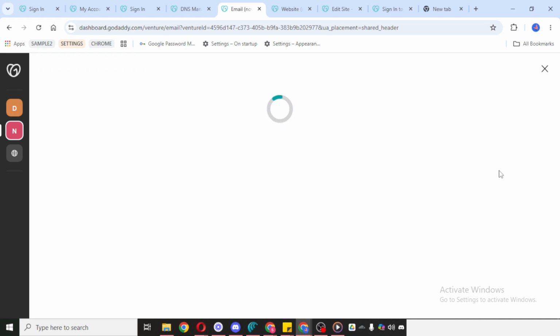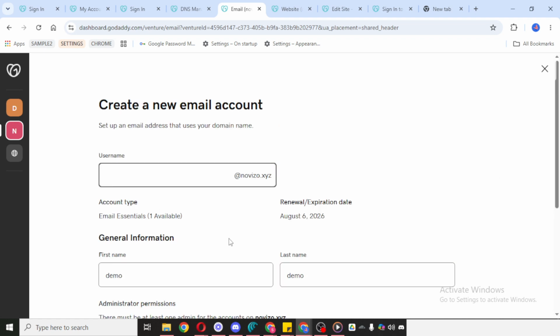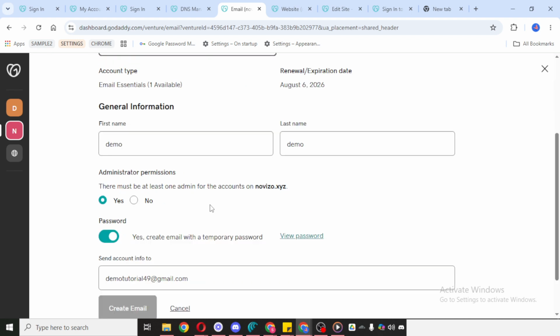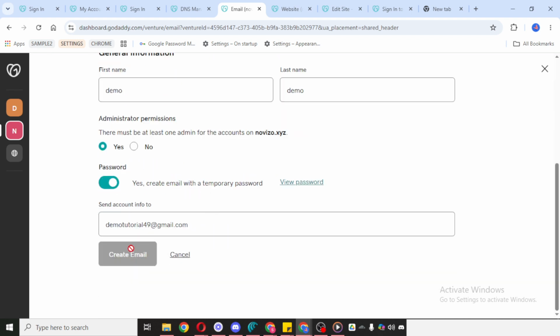You may also see an option to send account information once the setup is complete. If that option appears, and it's useful for your workflow, you can enable it so the details are shared automatically after creation. Once everything looks correct, click Create Email. After that, GoDaddy will process the request and create the new mailbox for your domain. It's a good idea to double-check the spelling of the username before finalizing, since that will become part of the custom email address people use to